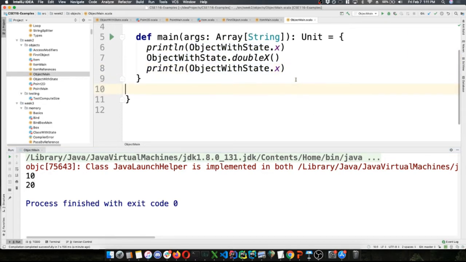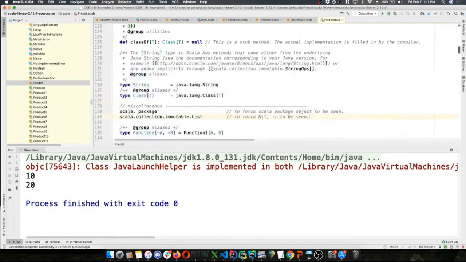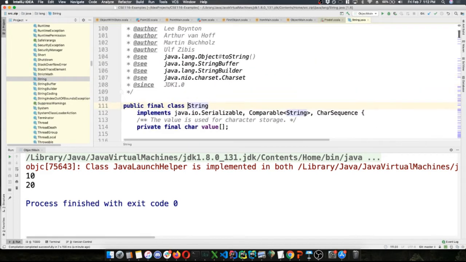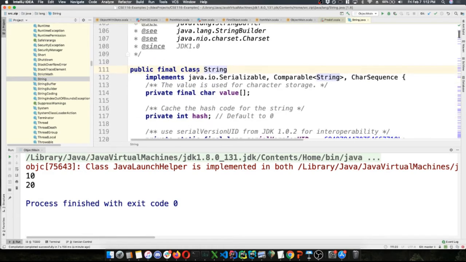So for example, we've seen this before. One class that we've seen quite often is the string class. If we go to the definition of the string class, we're going to see that Scala actually just says we're going to use Java string class. And if we look at that, we have some class named string. I'll talk about what a class is in a second. But we can actually see that character array that string class is based on. So string has an internal state containing its array of characters, and then we have a lot of methods attached